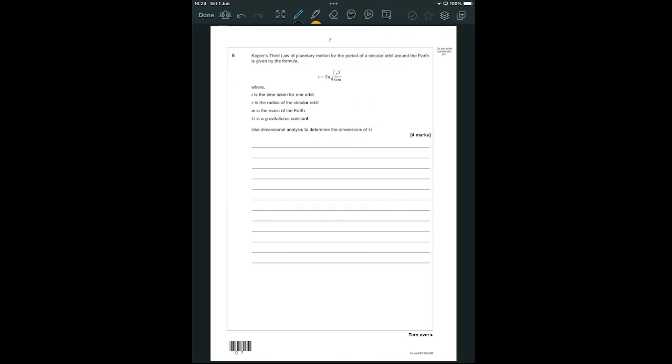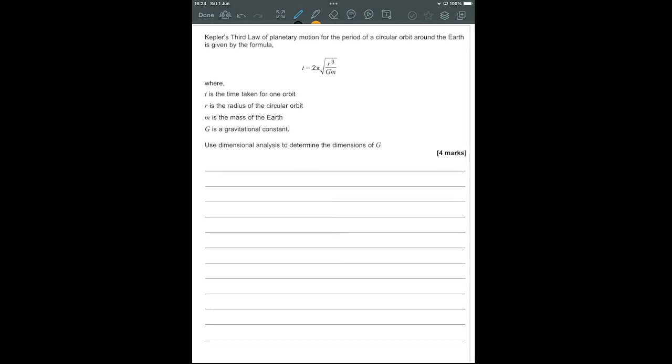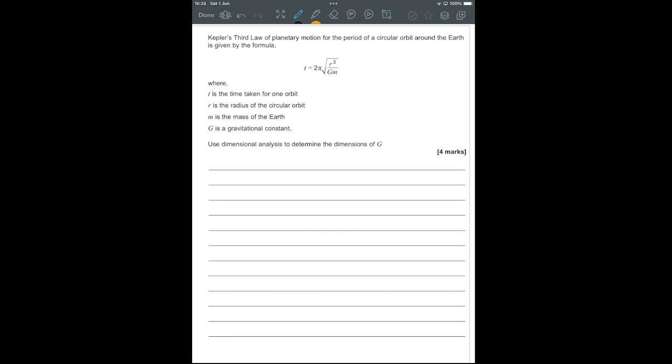Question 6. Kepler's third law of planetary motion is given by that. T is the time, r is radius, m is mass, G is gravitational constant. Use dimensional analysis to find the dimensions of G. Well, we need to be a little bit careful. First thing I'm going to do is make it obvious to the examiner that I know my dimensions. So T is in time, T is in T, r is in L, the mass is in kilograms, in capital M. So now the equation is saying the dimensions of T are equal to,